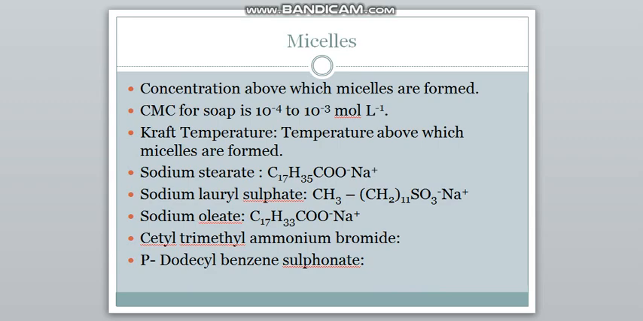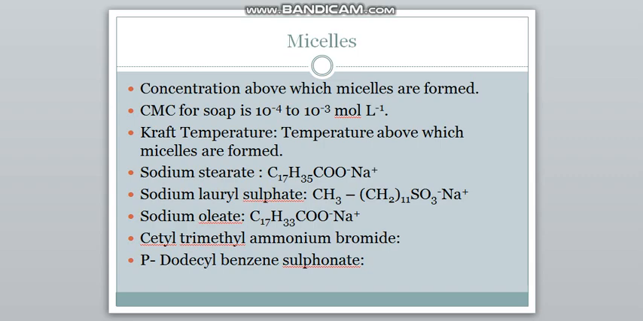So micelles, the CMC, that is nothing but the concentration above which micelles are formed, is termed as CMC, and for soap it is 10 power minus 4 to 10 power minus 3 mole per liter. So this much concentration must be there for micelles to be formed. And Kraft temperature is nothing but the temperature above which the micelles will be formed. So Kraft temperature is the temperature above which micelles will be formed, and CMC is the concentration above which micelles